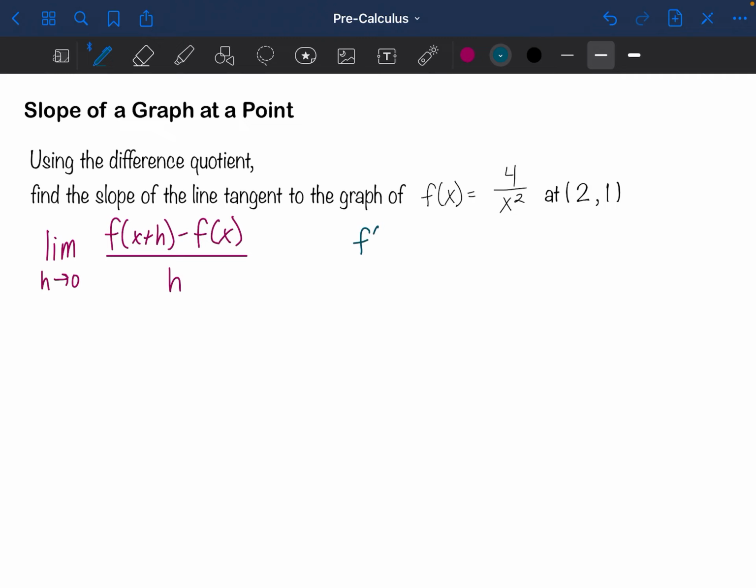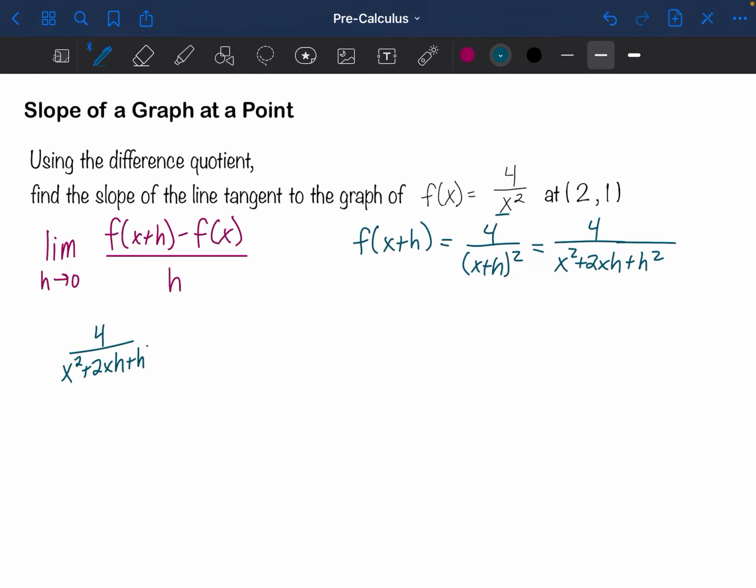So f of x plus h, plugging it in for x there, gives us 4 over (x plus h) squared. And we've got to make sure that we FOIL this all out so it works in the end. So x squared plus 2xh plus h squared. And now that we have that, we can go ahead and plug in the function. So f of x plus h is 4 over this, minus f of x